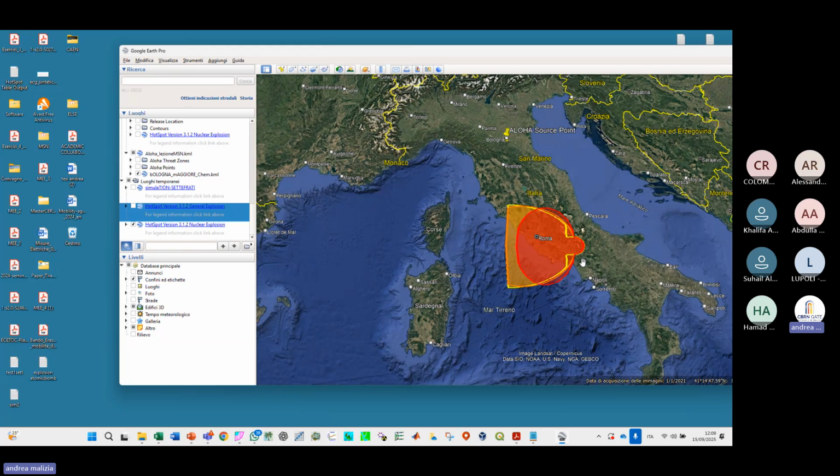So this is basically why, okay, now you see the contamination area. This is basically why nobody wants to start an atomic bomb, because you can drop an atomic bomb, but then you will receive an atomic bomb. And this is the damage for your population. This is the damage in terms of,